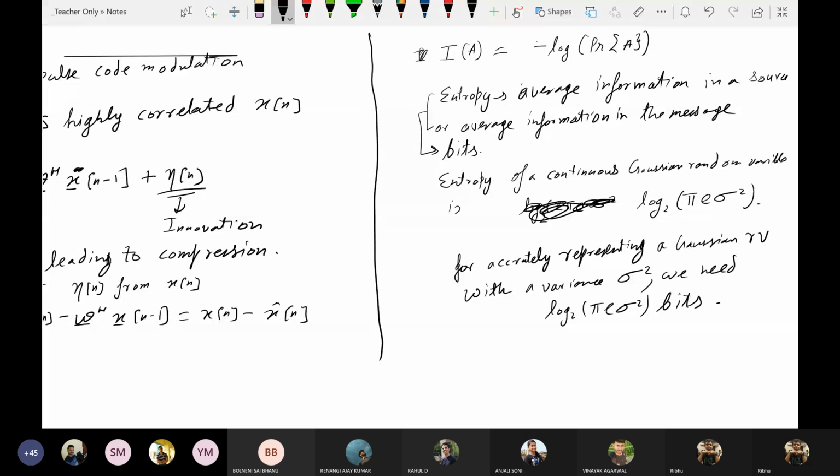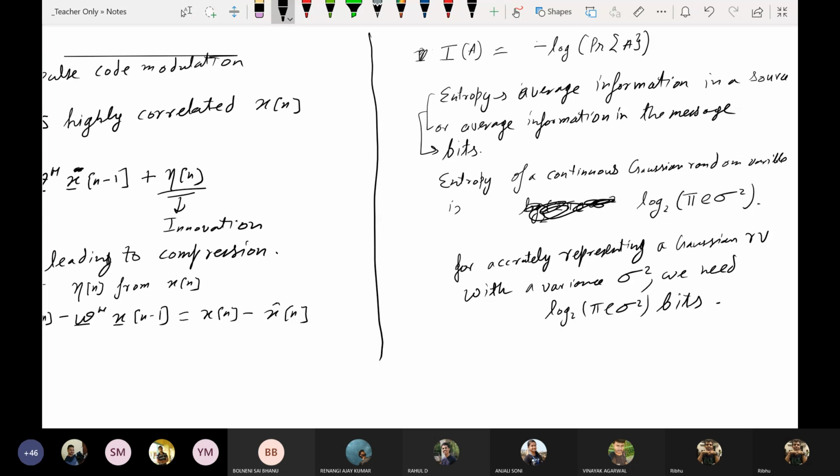For a Gaussian random variable, variance is a measure of uncertainty. We agree on that. Because of that, the more the variance, the more bits we will require to represent that random variable, right? This is not an exact mathematical description. You will understand this once you cover enough information theory. This is just an intuitive explanation for it.